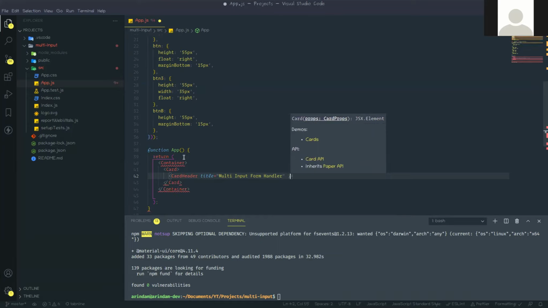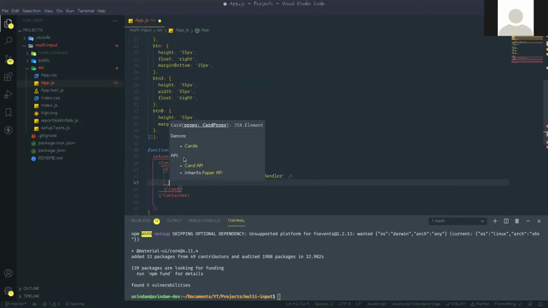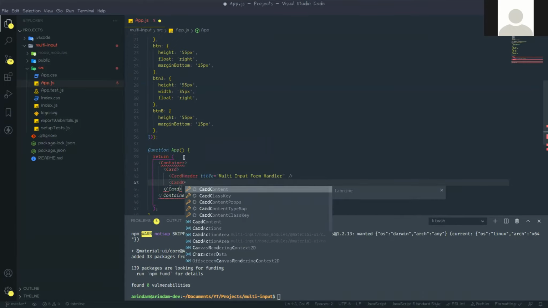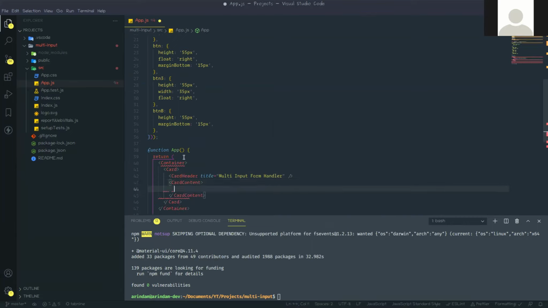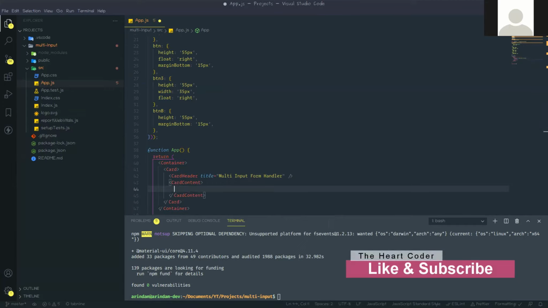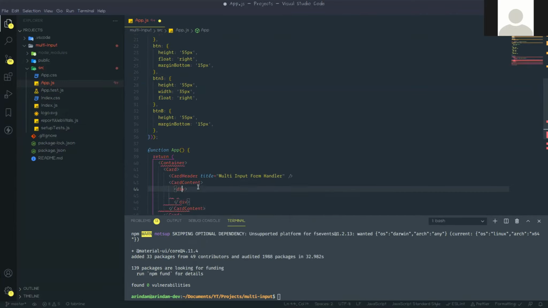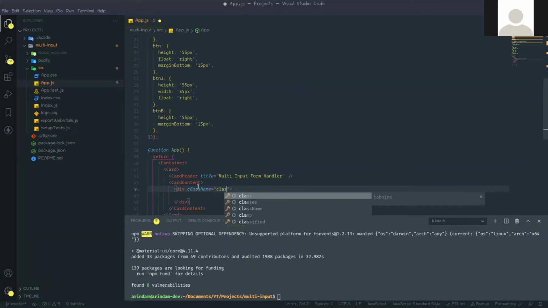This is actually a self-closing tag. Now next we need to bring CardContent. So in this card content, now we are actually creating that text boxes. So div, inside this div we are giving one class, that class name is, you can say, classes.root.